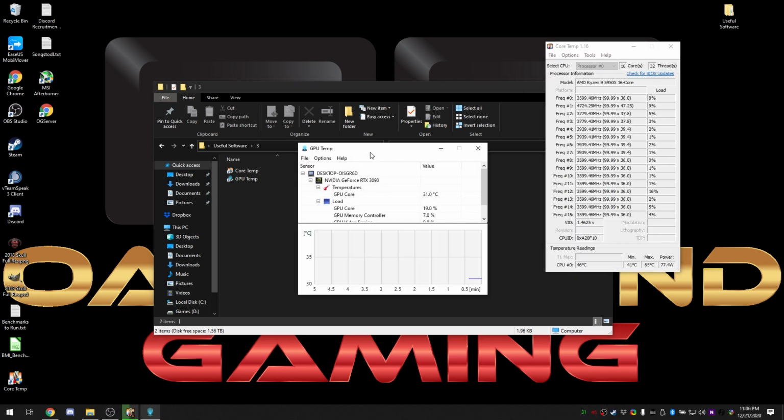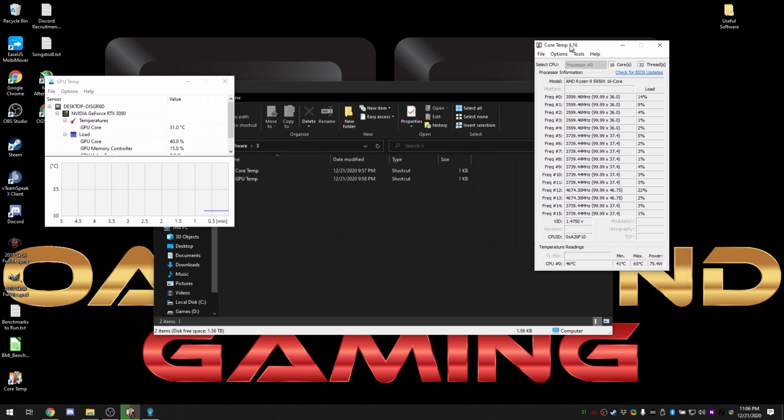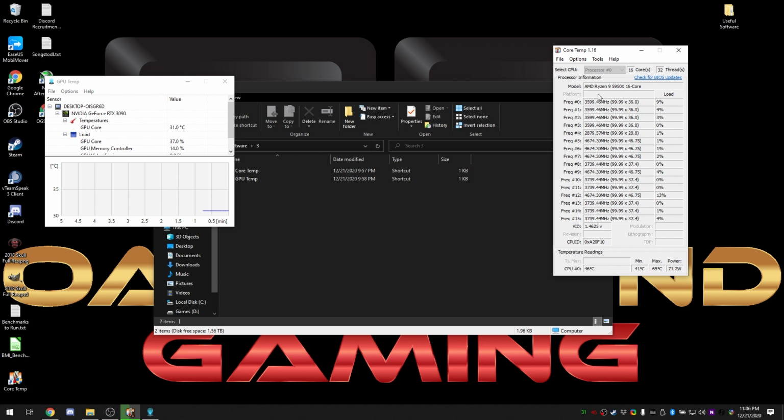So these are both temperature related tracking software that I really, really like. Now, I like knowing my temps, especially when you build a new build and you want to make sure everything's cooling appropriately. And when you're overclocking, that you're not getting your temps too high, all that good stuff, right? It's just nice to know. So let's start with Core Temp. Since we have 2 pieces of software over here, I'm going to throw GPU Temp a little bit over. We're going to concentrate on Core Temp.